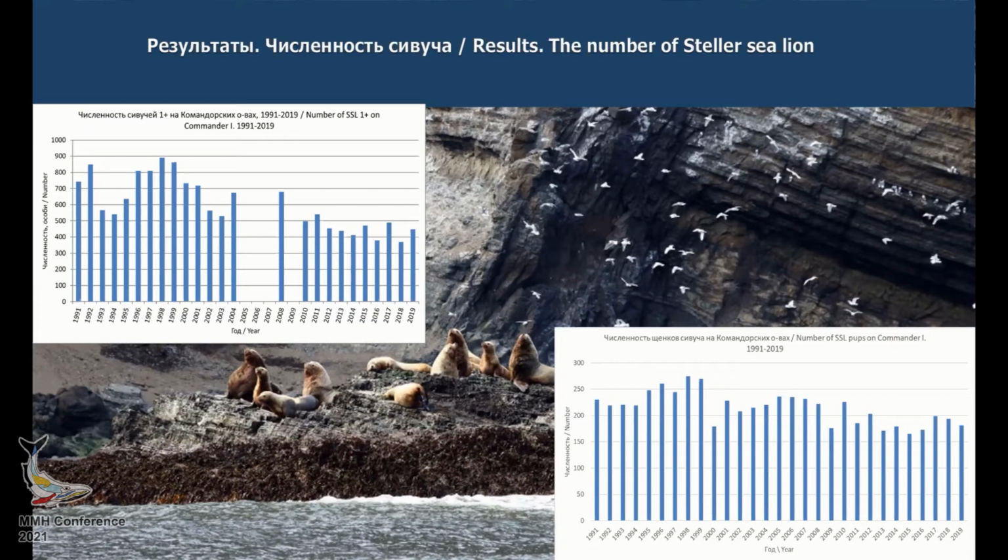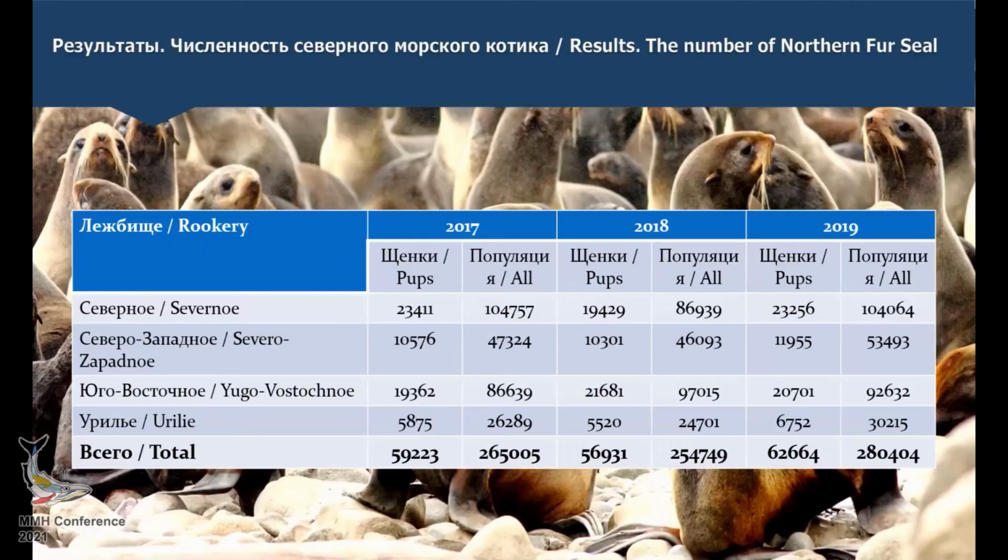Now the next species, the northern fur seal. You see the number of pups. It includes all the rookeries, and we also used a special index to identify the overall population. So this is the following picture, and we see that the number of pups was changing up to 62,000, and the overall population changed from 265,000 to